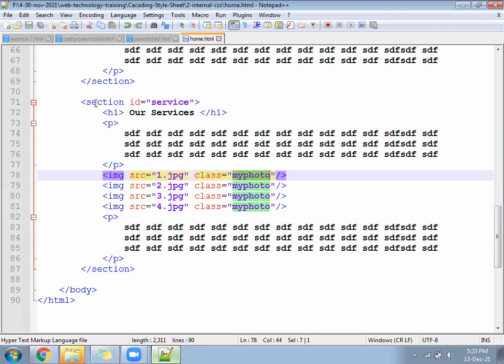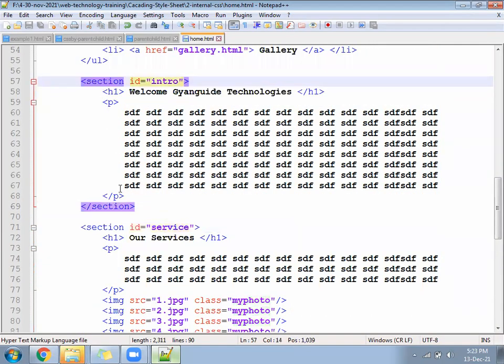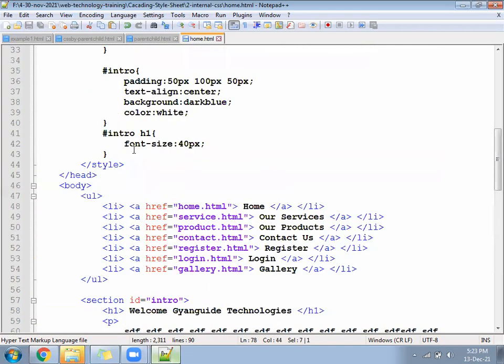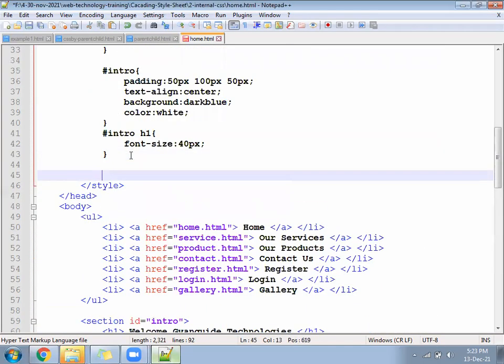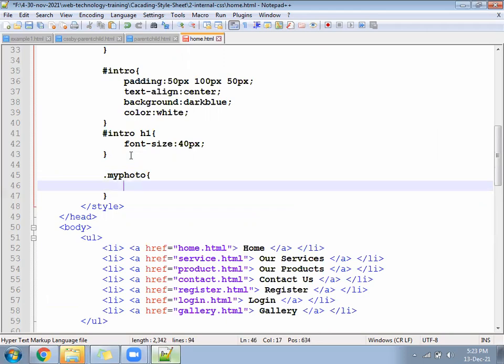See, the section tags service and intro are different, because of that we follow the ID. But all 4 photos will look similar, so we follow the class. Go inside. Write the CSS for dot my photo. We want to display a total of 4 photos in one line. The total width of the screen is 100%. 100% divided by 4, the width will become